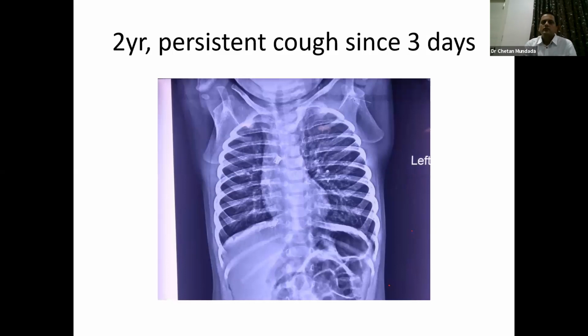A 2-year-old had persistent cough since 3 days. The cough was a very hacking kind of cough. It was disturbing the child's sleep, and the child was on bronchodilators and nebulizations because the mother thought that this was something similar which happened 3 months ago, and she started things on her own. And then when the chest X-ray was done, we could see that in the airway there is some kind of object. It was a paper clip which the child swallowed, and it was retrieved by rigid bronchoscopy.